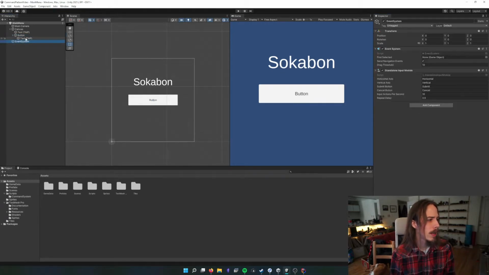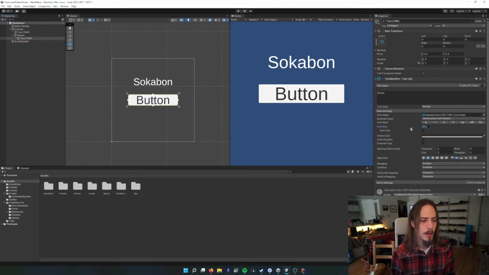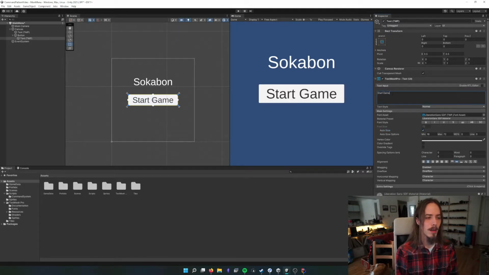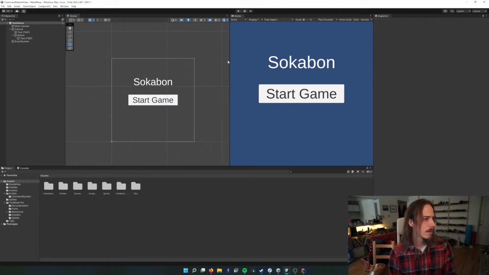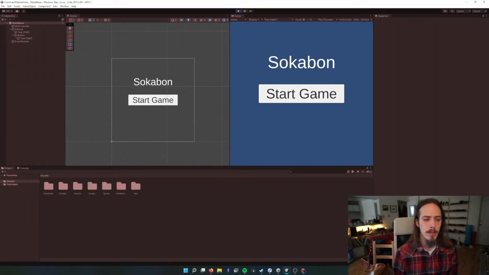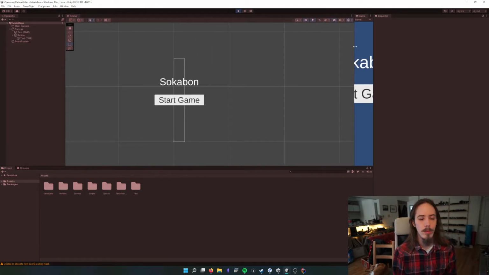You need the buttons. Why not have a giant button? Make that text bigger. Auto size. Nice. Thank you, Text Mesh Pro. Start game. There we go. And if I go into play mode, excellent. I can now position my game. As long as I don't make it too small,